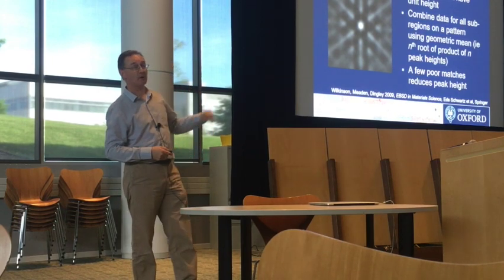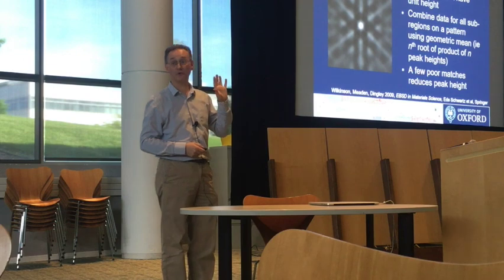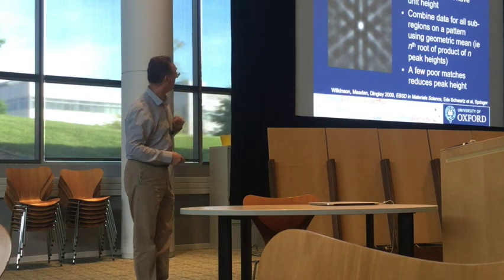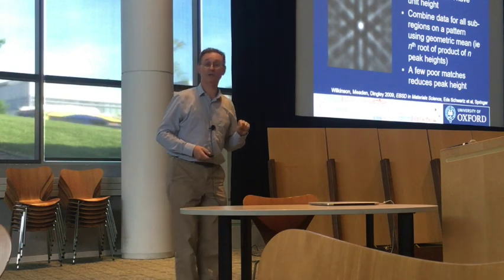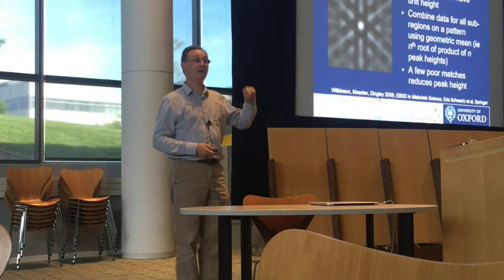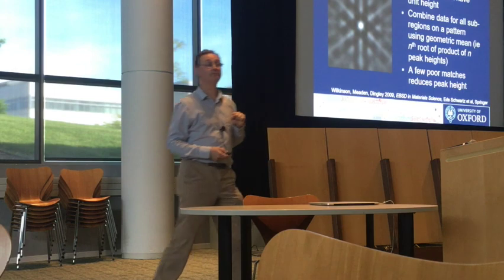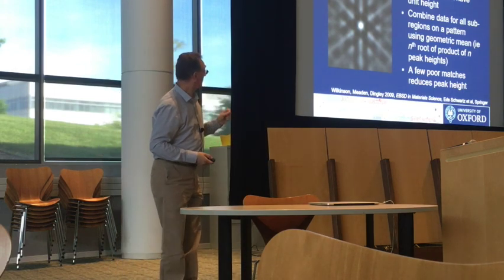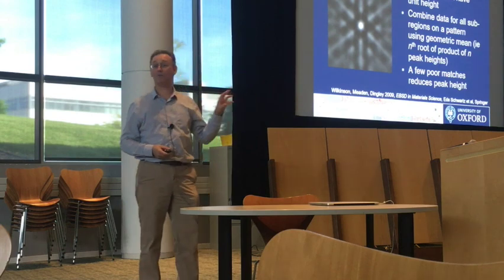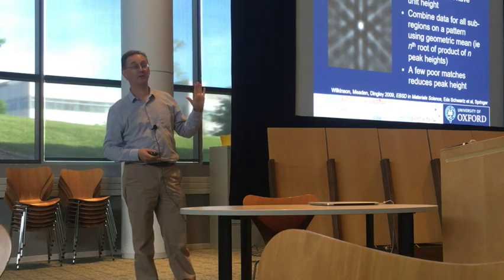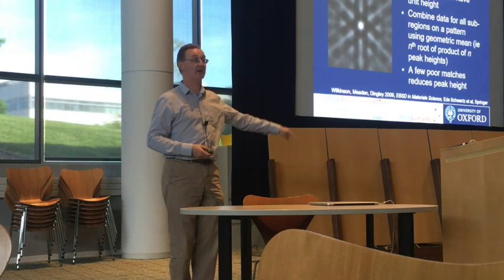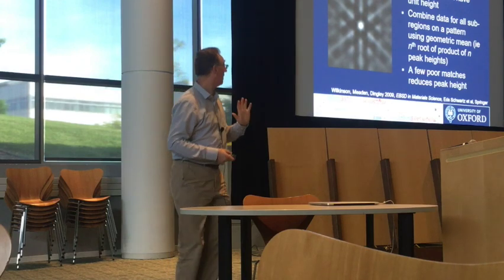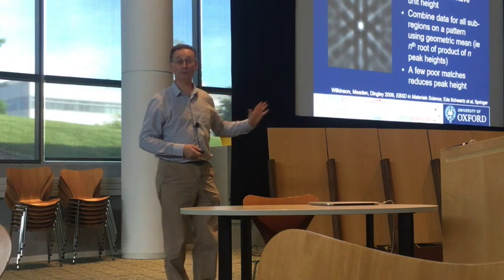We make measurements at lots of regions of interest across the screen. We want it just as a single scalar, so we combine those by taking a geometric mean. So we multiply all those peak heights together and then take the nth root. Okay? We do it that way rather than an arithmetic mean, because this way, if we've got a couple of regions on the pattern where it's not working, it will take the geometric mean down quickly. So we are more likely to remove the